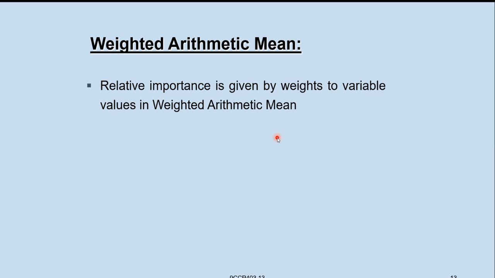Relative importance means how many times the weights are, how many times the data is repeating, or how much weight, how much importance the data is having. For example,